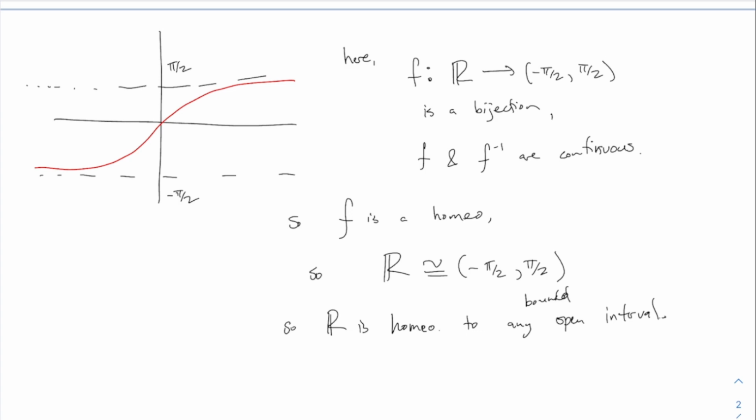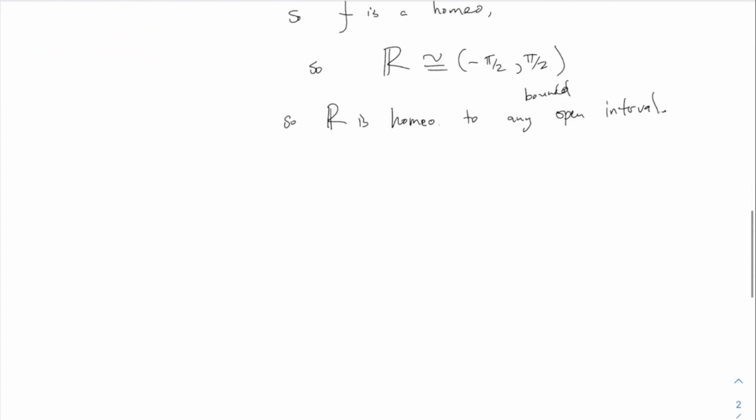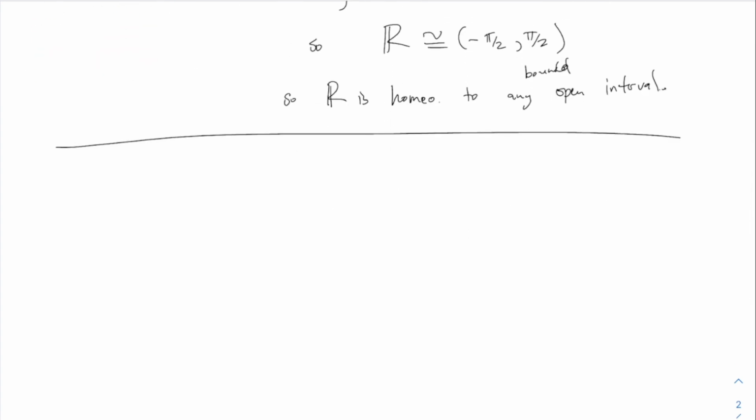Let's talk about an interval that's unbounded on one side. What about that? Is that also the same as R? What about R versus something like the open interval 0 to infinity? Do you feel like those are the same topologically